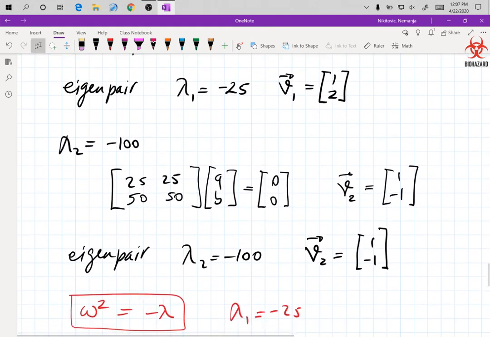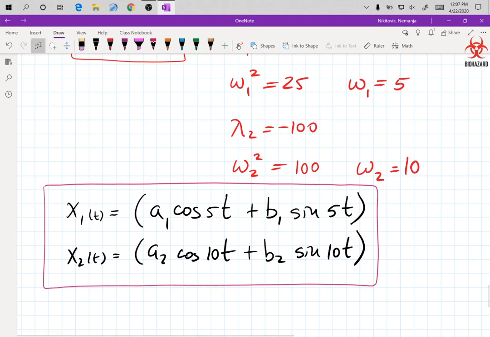So eigenpair 1 and 2, 1 and 2, and 1 and negative 1. That's where you plug your vectors. Those are your A and B, A1, B1, A2, B2,